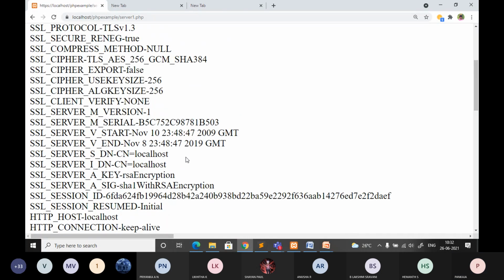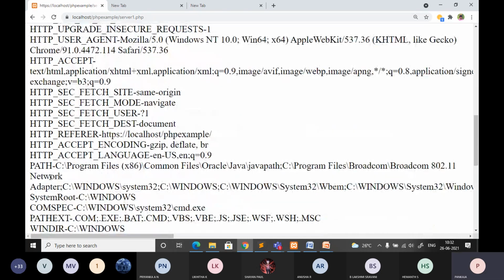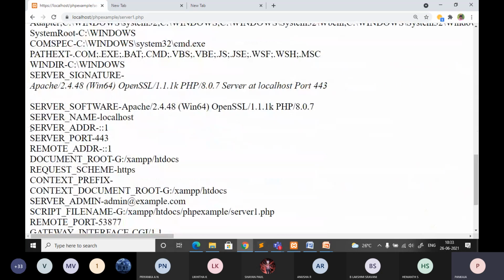Instead of all this, if you are interested only in a particular variable's details, in that case you can just give that name, that is SERVER_NAME. Let me copy this here.